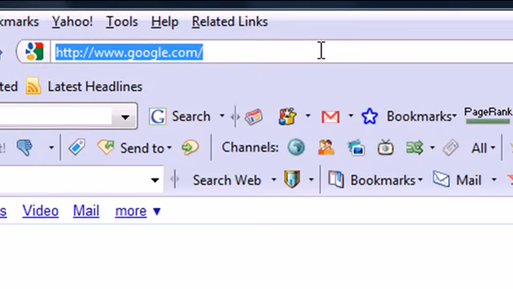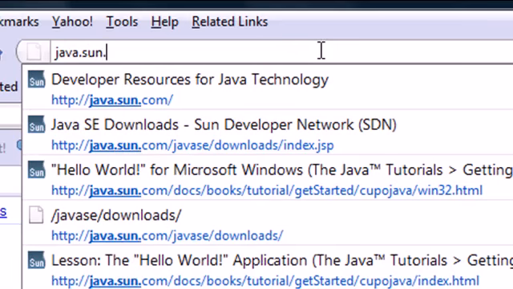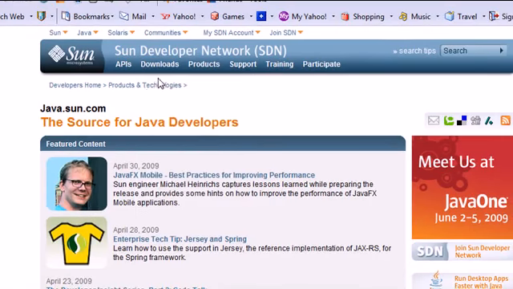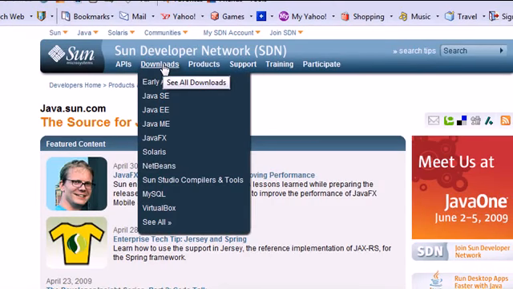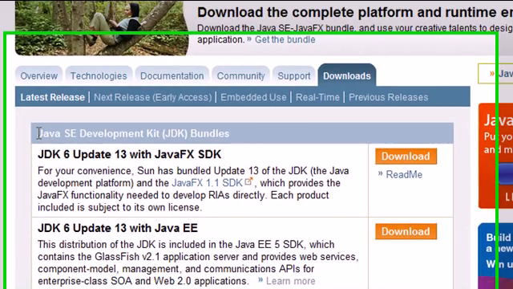So the first thing I need you to do is go ahead and open up your internet browser right here. And once you have that open, I'm going to use Firefox. Go ahead and go to the website java.sun.com. And this is going to give you Java's main page. What you want to look for is the download link, and this is going to give you a bunch of different Java editions to download. You're going to want to go to the Java SE link, and this stands for Java Standard Edition. So go ahead and click that, and what we're looking for is something